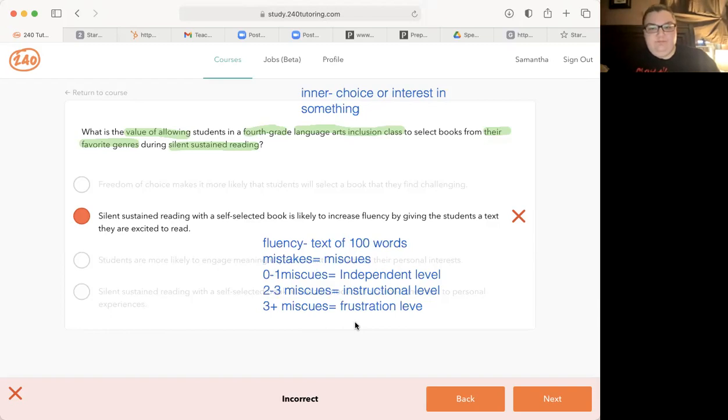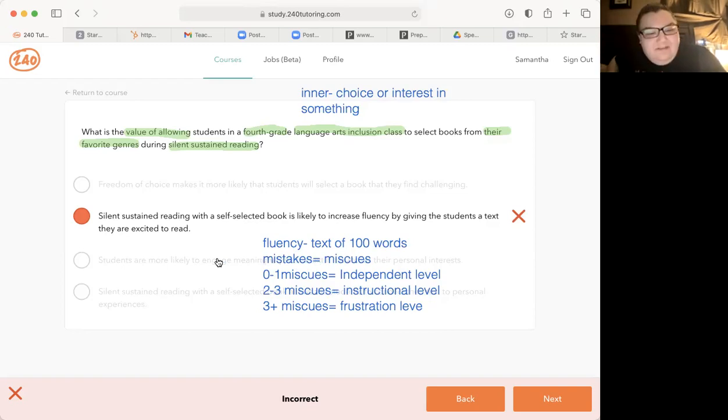Okay, so it says students are more likely to engage meaningfully. And we know that they might engage meaningfully because, remember, it gives them motivation to engage. So which one of them is it more likely to do? Hold on. Yeah, it's C. Students are more likely to engage. Is it C? Yes, that's what I would say.